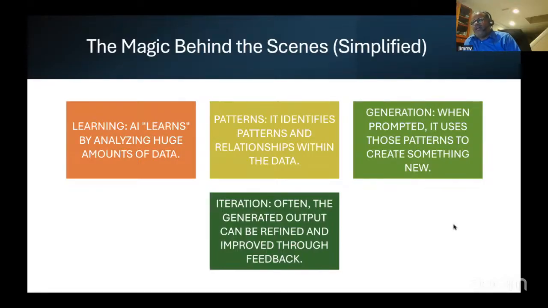Based on those patterns and relationships, there are models that are developed. And it is those models that we are actually engaging with in the AI tools that are out there. So you put some prompt in,